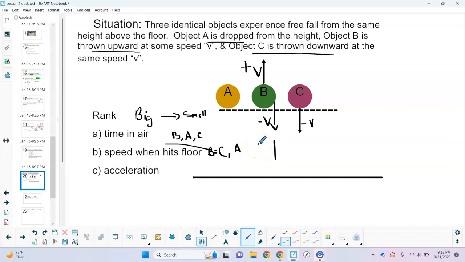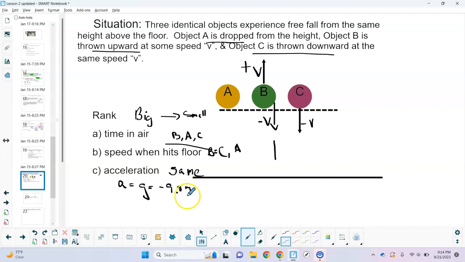Finally, the acceleration, you're supposed to rank from the largest acceleration experienced to the smallest acceleration experienced. So for this one, let me pause and you can answer the question. So for this one, they are all the same. So the reason why they're all the same is because the acceleration is equal to G, and G on Earth is negative 9.8